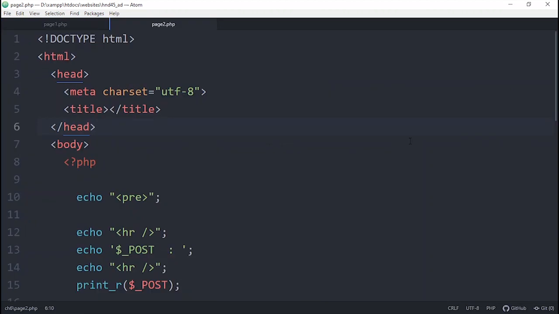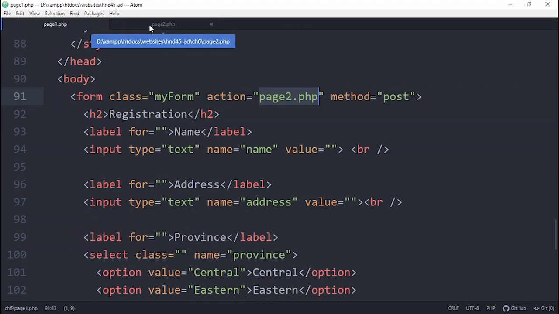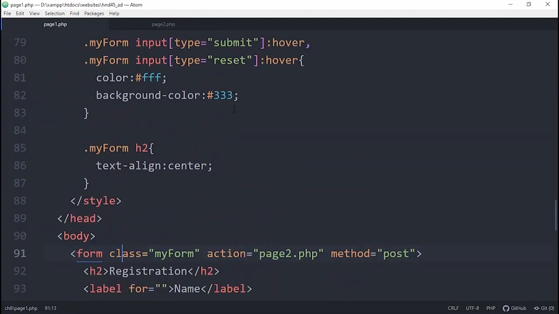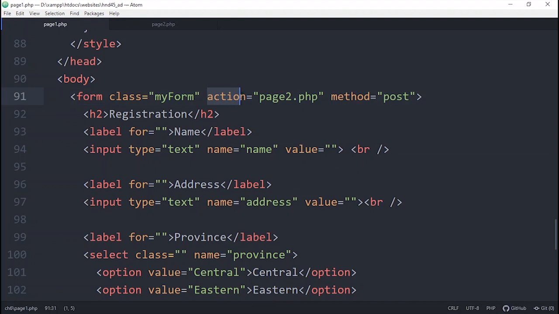You can see here, this is the page which is receiving the information. Once it receives the information, it will process it. How it's been constructed, I'm just showing you. So the HTML form is there. It will be formatted using the CSS code above here. In the form, I have given the attribute action, which tells which page accepts the values that are submitted from this form and how it will be processed. The method we are using is post.